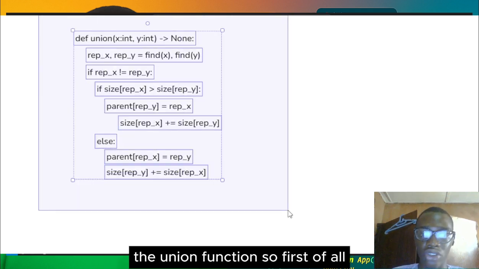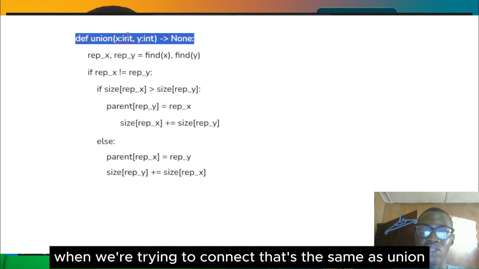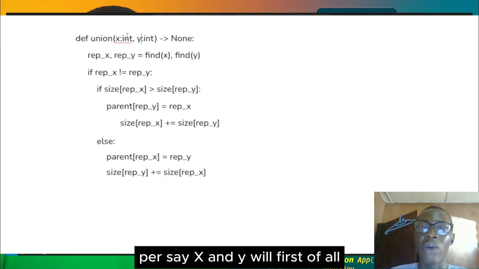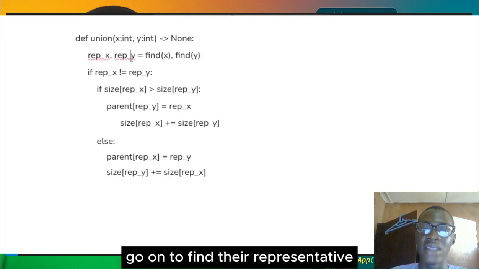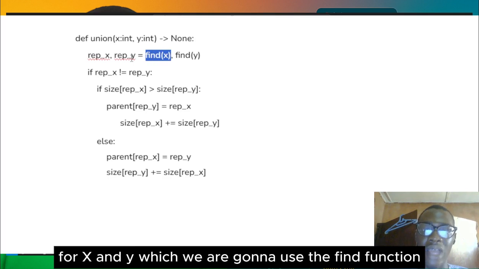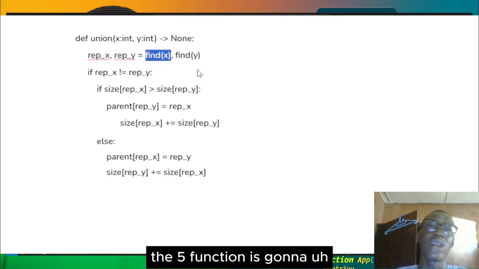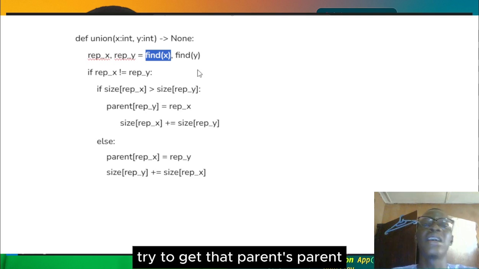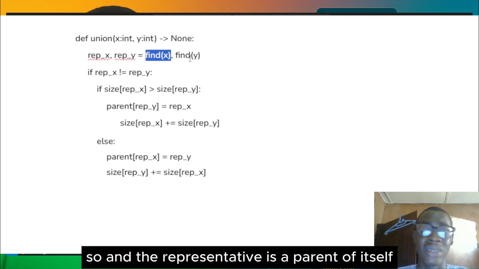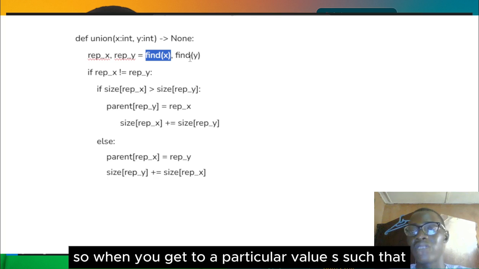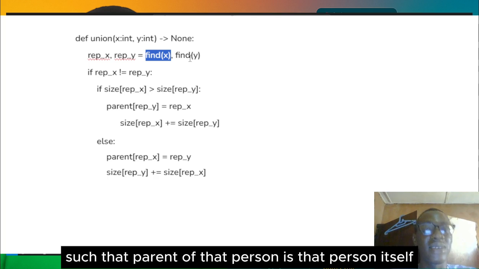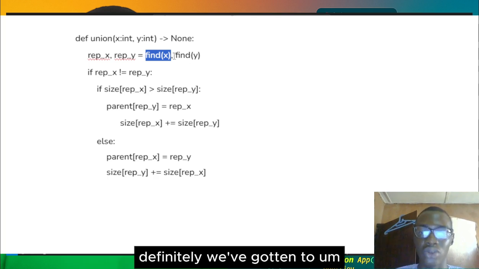This is how we are going to write the union function. When we are trying to connect, that is the same as union, person X and Y will first find their representatives, using the find function. The find function is a recursive function that takes in S, tries to get its parent, then that parent's parent, until it gets to the representative. The representative is a parent of itself. So when we get to a particular person S such that the parent of that person is that person itself, definitely we have gotten to